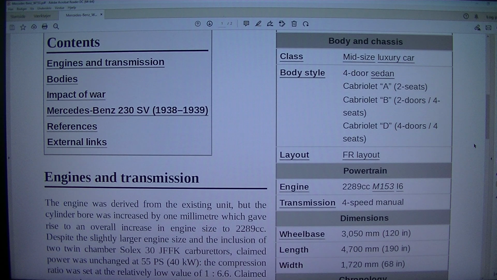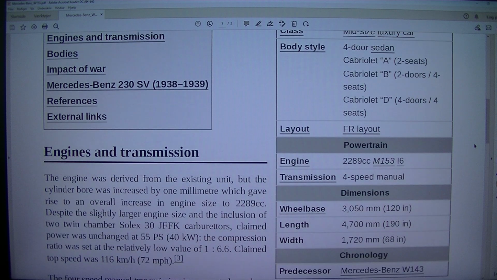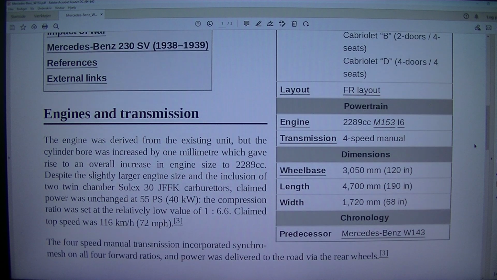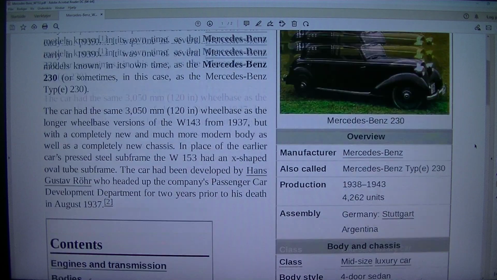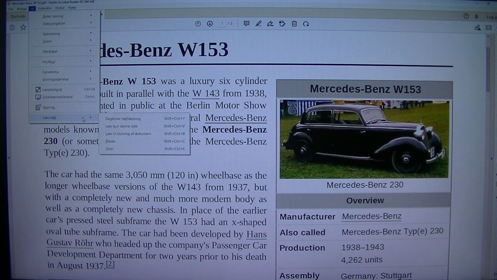3,050 mm, 120 in, length 4,700 mm, 190 in, width 1,720 mm, 68 in. Chronology predecessor Mercedes-Benz W143. The Mercedes-Benz W153 was a luxury 6-cylinder passenger car built in parallel with the W143 from 1938 and first presented in public at the Berlin Motor Show early in 1939. It was one of several Mercedes-Benz models known, in its own time, as the Mercedes-Benz 230, or sometimes, in